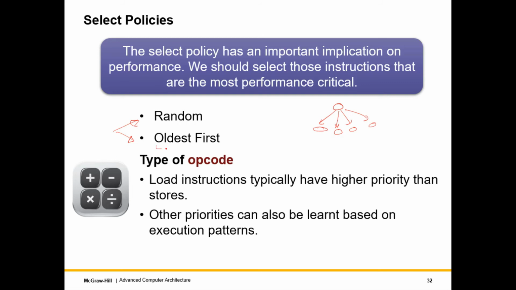Another option which is fair is oldest first, in the sense we give priority to the requests that have been in the instruction window for the maximum amount of time. And given that the instruction window is a queue, from their position we can roughly figure out how old an entry is, but ideally it should be a combination of the age and the impact. See, any fairness by definition should be a combination of age and impact.